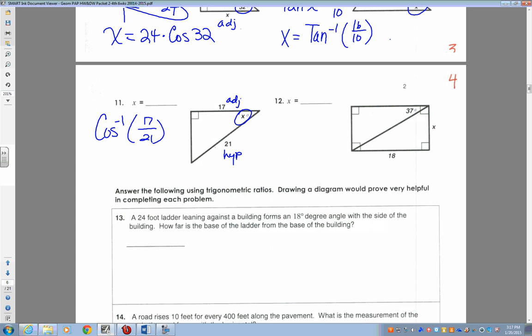36, right? 36 degrees. Okay. All right, now we're going to make sure you can set up the next one, and then we're going to talk about no picture and problem solving. So I know 37 is the angle, but you see how in this triangle the parts are not labeled,